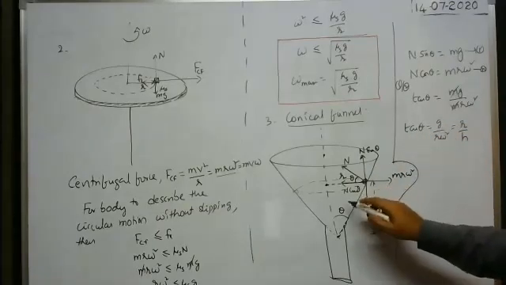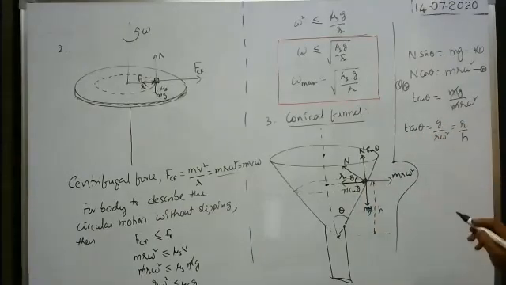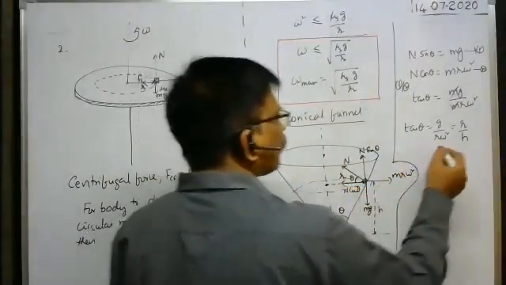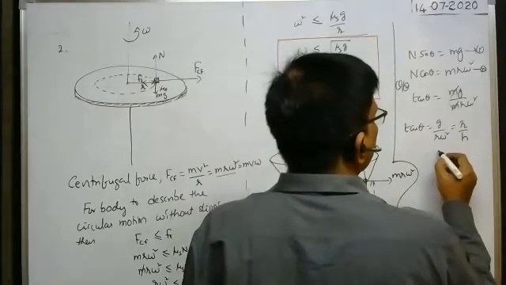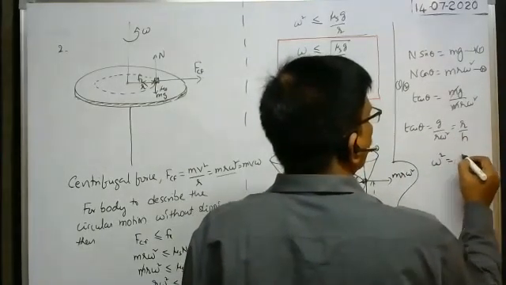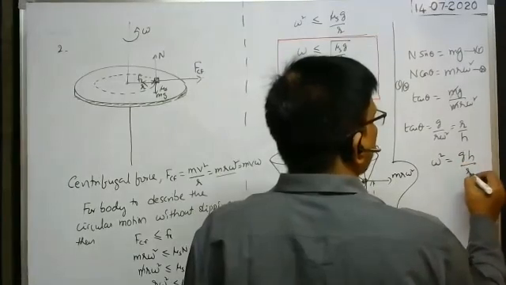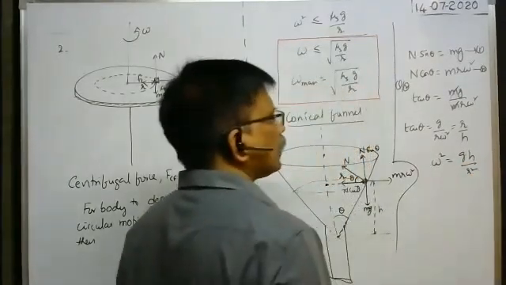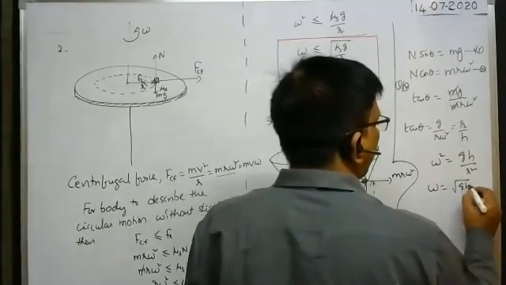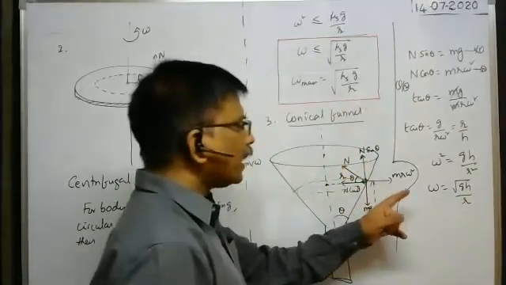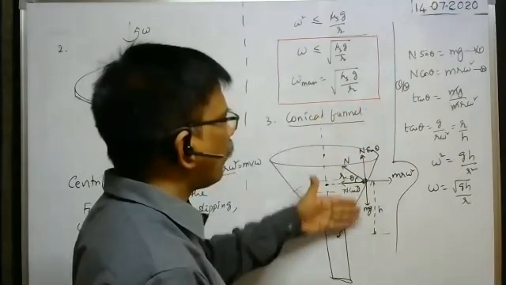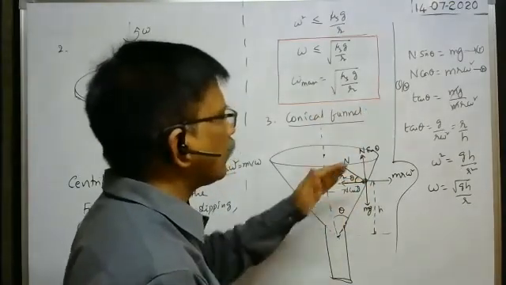But from the diagram, tan theta is equal to r by h. Okay, r by h. Now from this we have to find the speed, that is, the angular velocity. From this you see omega square, you do cross multiplication. Then omega square is equal to, we can write, g h by r square, no? Omega square is equal to g h by r square. r omega is equal to root g h by r. It is the angular velocity with which the particle can be rotated, so that the particle neither rises nor falls in the horizontal circular path.